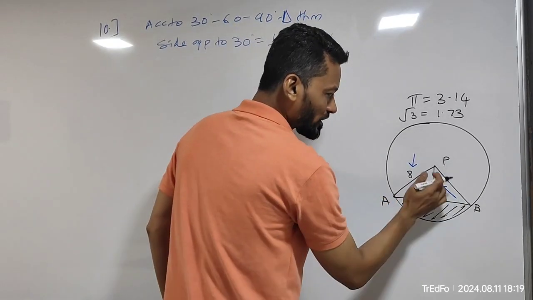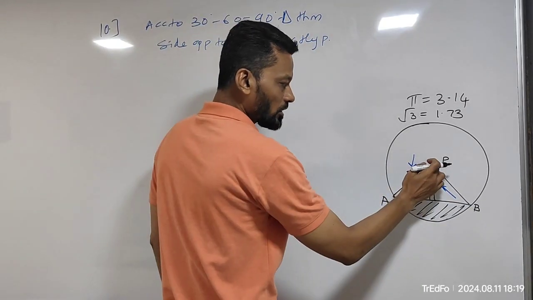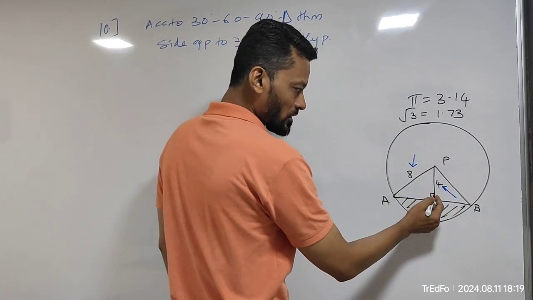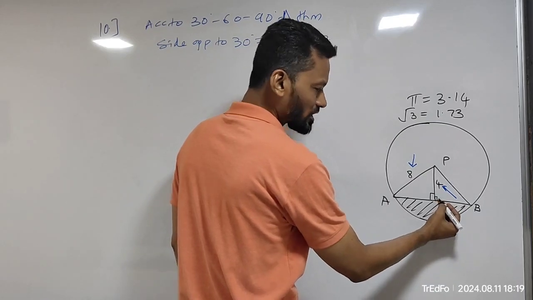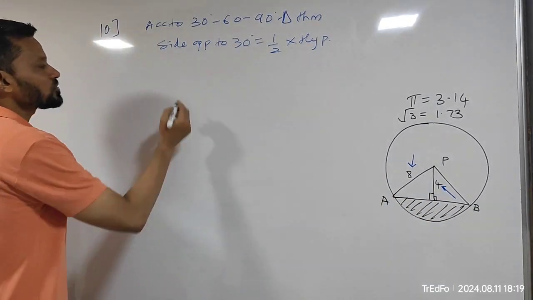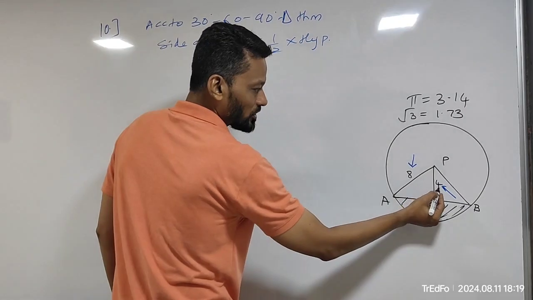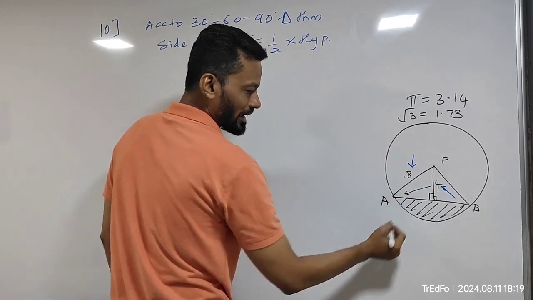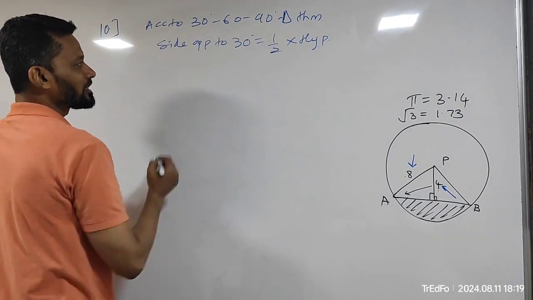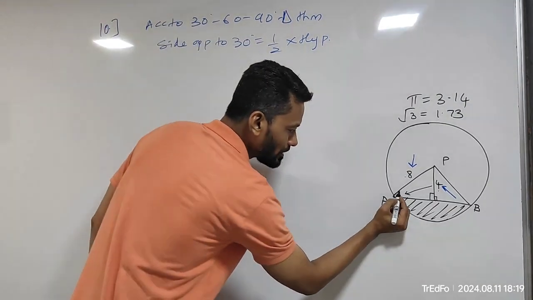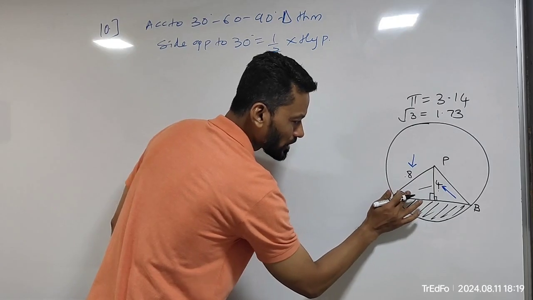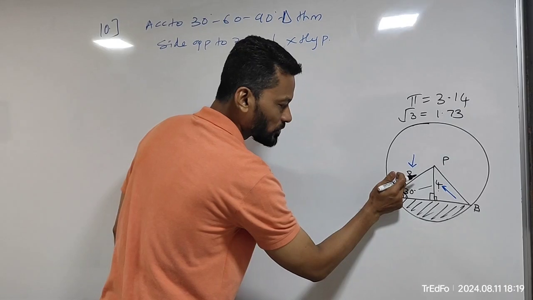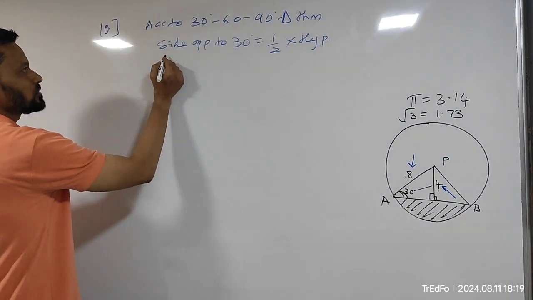बिकॉज दे हैव गिवन अ कॉर्ड एंड दिस इज सेंटर, सो वी विल राइट परपेंडिकुलर फ्रॉम द सेंटर ऑफ अ सर्कल टू द कॉर्ड बाइसेक्ट्स द कॉर्ड बोल सकते हैं इसको, तो इसलिए ये राइट एंगल मिलेगा। एक्चुअली इन द फिगर दे शुड हैव गिवन दिस एज राइट एंगल। सो साइड ऑपोजिट टू 30 डिग्री, तो देखो ये हाफ है इसका, ये इसका हाफ है, इसका मतलब इसके सामने वाला ये एंगल 30 डिग्री होना चाहिए। देखो इधर क्या दिया है, साइड ऑपोजिट टू 30 डिग्री, मतलब अगर मैं इसको 30 डिग्री एज्यूम करता हूँ सपोज, तो साइड ऑपोजिट टू 30 डिग्री इज हाफ ऑफ हाइपोटेन्यूज, मतलब ये तो कन्वर्स हो गया।